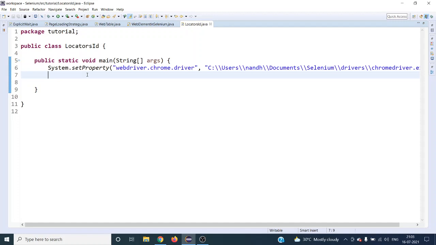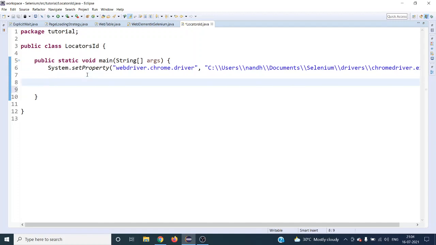Locators, one of the most fundamental techniques to learn when using WebDriver is how to find elements on the web page. This is a very basic technique that every tester and every developer should know about, isn't it? Right? So there are multiple steps involved in automating any web page when using Selenium WebDriver, right? So let's see one by one how that involves.